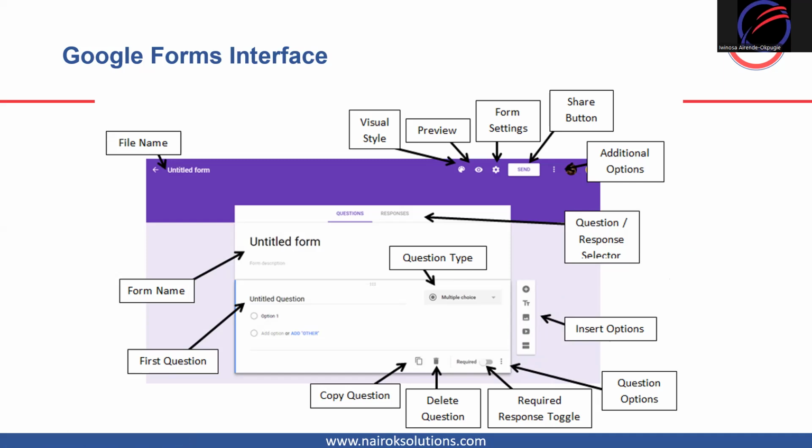So you can have different sections. Maybe the first section has to do with demographics. The next section has to do with knowledge of the study. So it's this part where you can use to create the next section. All right, and then you have some buttons underneath here. You can copy a question, you can delete questions, and then if you want your questions to be compulsory,